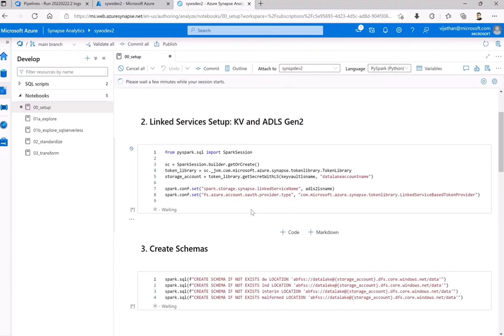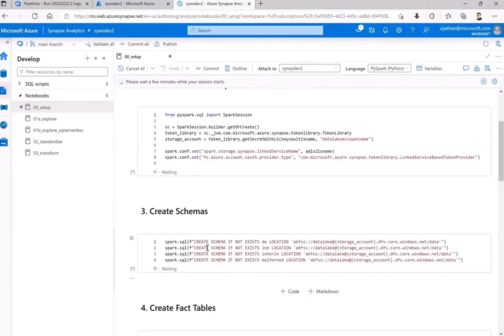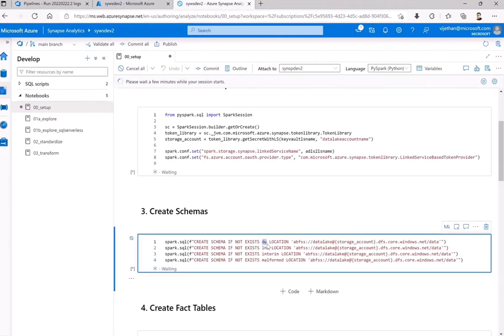First of all, this notebook is fetching the required information to get connected to ADLS, meaning Azure Data Lake Storage. Once we set up the connection with that, then we will create the appropriate schema. Now the schema, as we have seen, will be exactly the same. This is a data warehouse, this is landing, this is interim and so on.